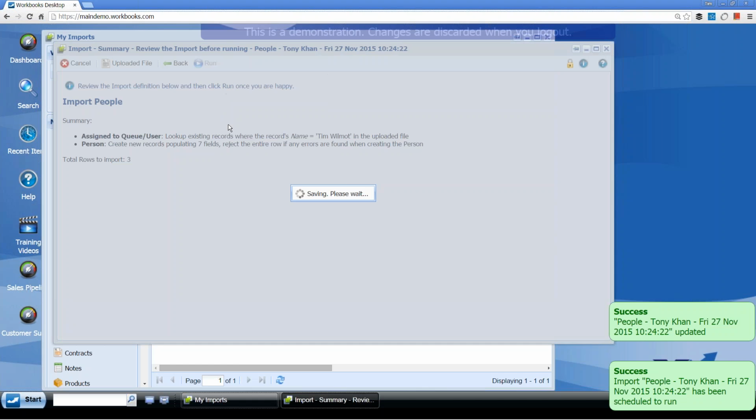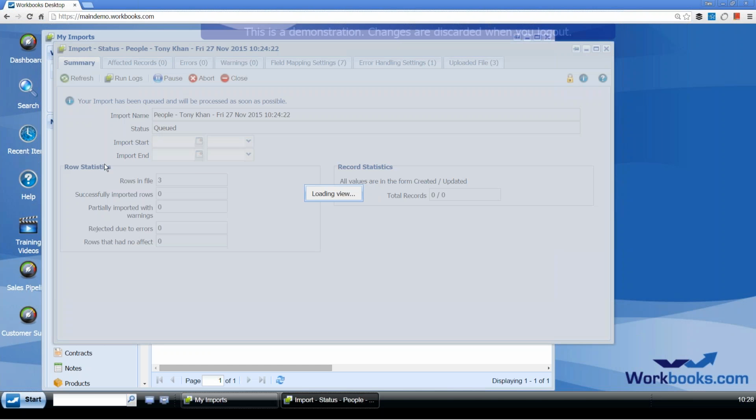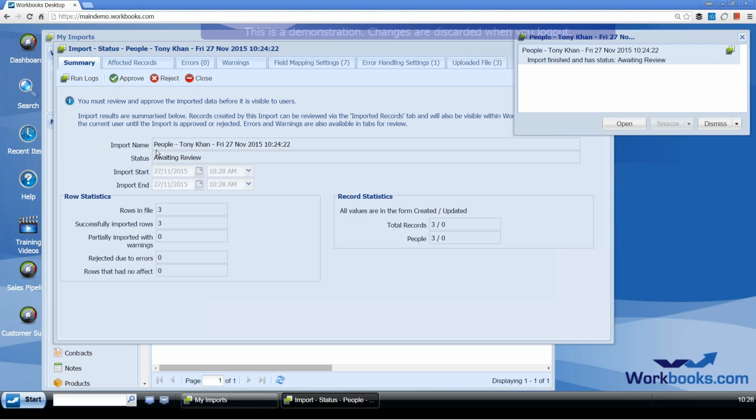and run the import. The import now is run in the background. Workbooks will alert you via email when that has been completed. Normally it's very, very quick. If you've got several thousands of records, it might take a few minutes. If I just refresh this screen, we can see here that this has been done now. The nice thing about